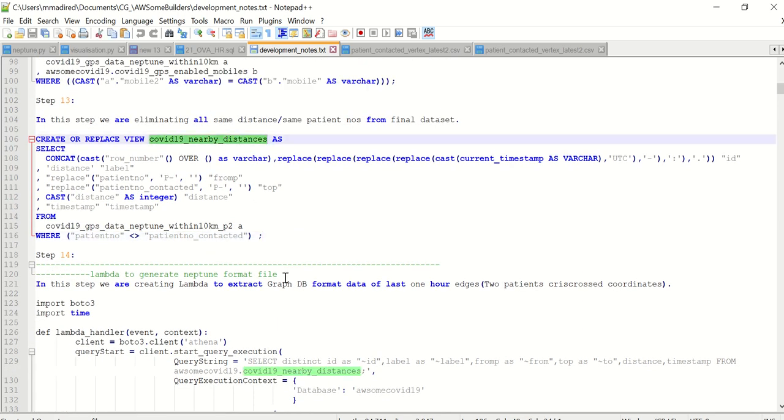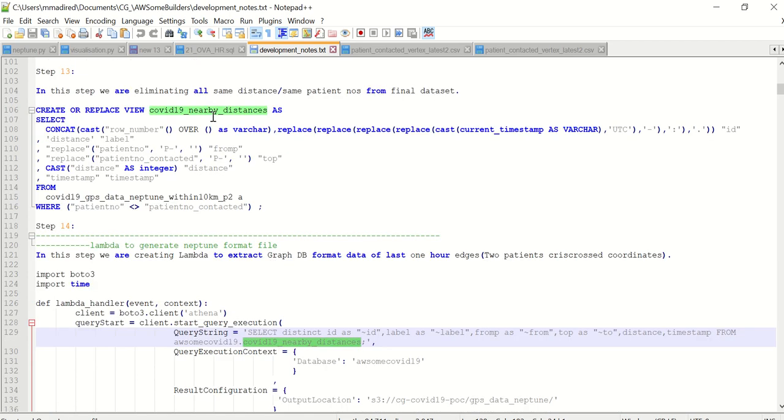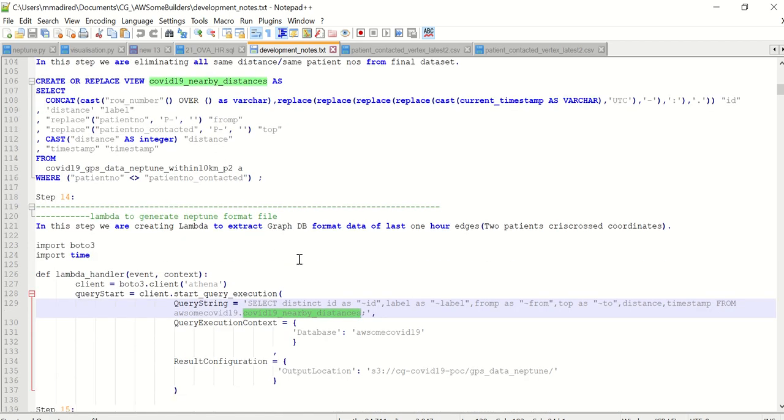we are using the same view and we are running a lambda. That lambda will basically read this view, which will have all the patients who are within 10 kilometers distance, and at the same time, in the last 1 hour they have traveled, and who are all crisscrossing, in the same paths, or have crossed at the same coordinates, right?